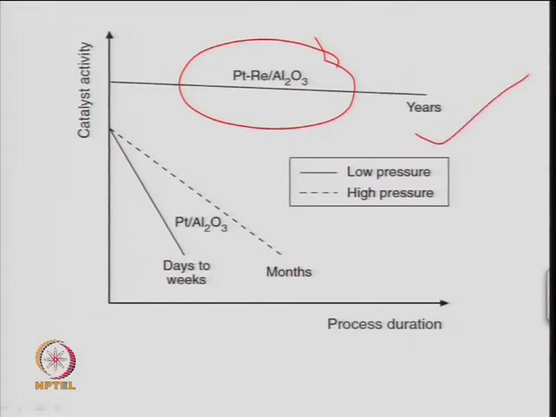So, this can have 3-year life, 1.5, 2 year, 3-year life. But if you look at here, in this case the catalyst life is just a week, which is a platinum alumina type. So, platinum alumina catalyst has a kind of life which is of the order of a week, but if you do the operation at high pressure, the life can be enhanced to months. So, it means you have two options. One thing, you optimize the process condition. So, it needs optimization.